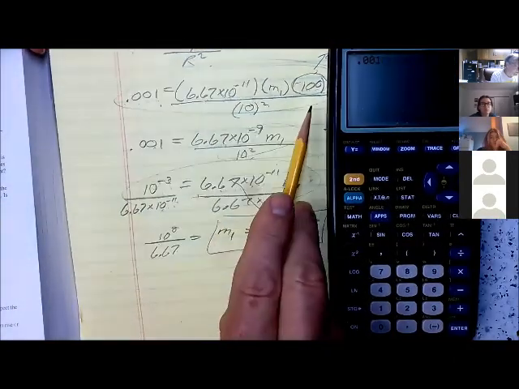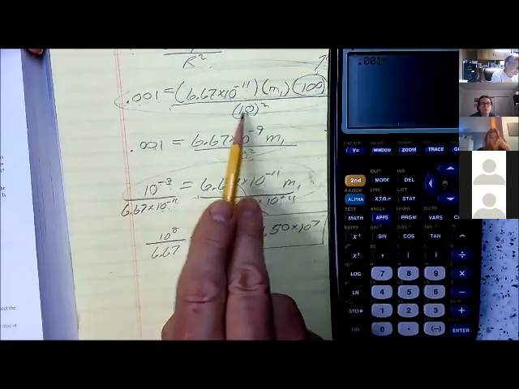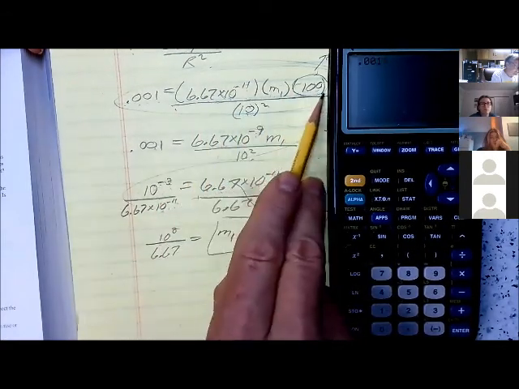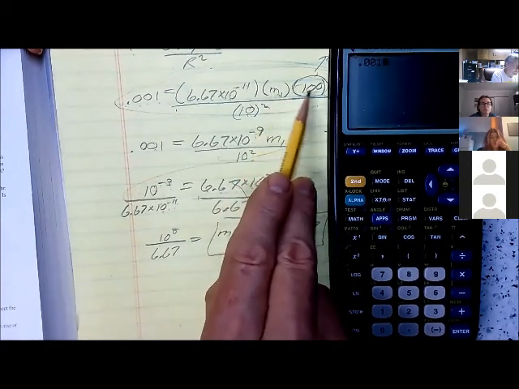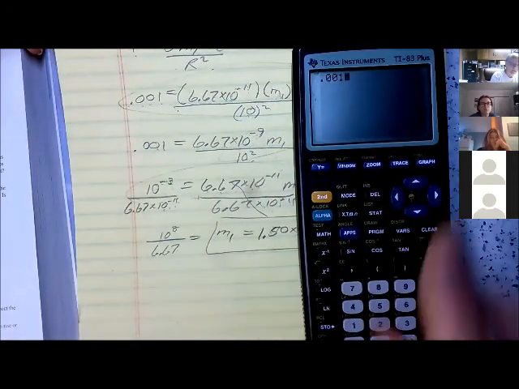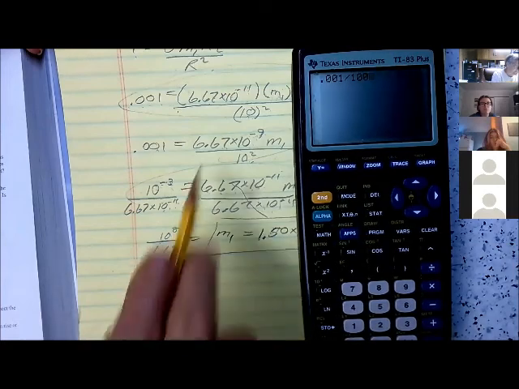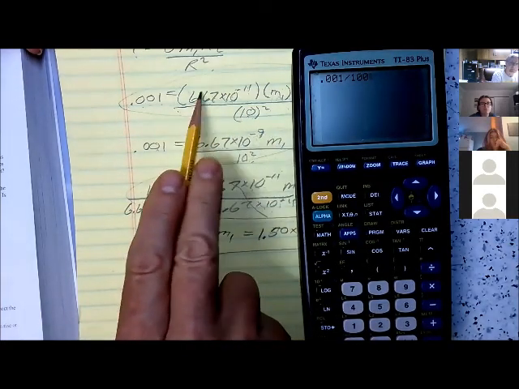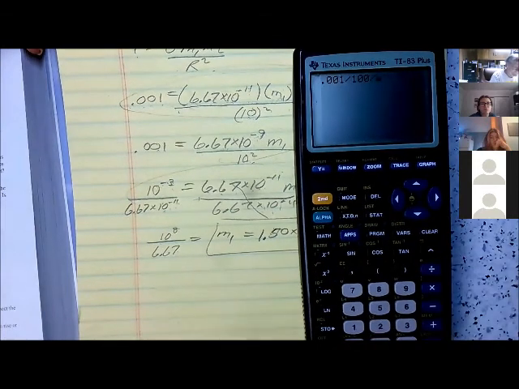And now I got to divide by this, and I got to divide by that, and I got to multiply by this. First, let's divide by the 100. I want to get M1 by itself. M1's being multiplied by 100, so I got to divide by 100. So I'm going to divide in my calculator. I'm going to divide by 100. But I also got to divide by this number. Now that's the tricky one. So I divide again, and I put in